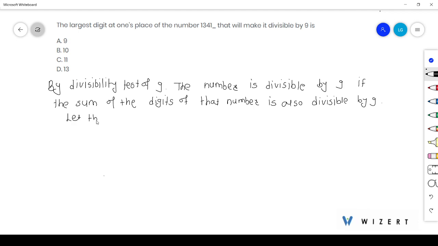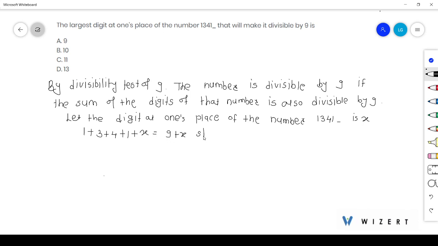Let the digit at the ones place of the given number 1, 3, 4, 1 be x. So by the divisibility test, 1 plus 3 plus 4 plus 1 plus x, that is 9 plus x, should be